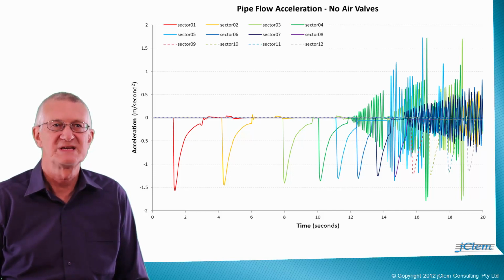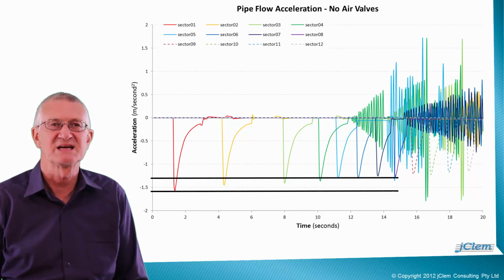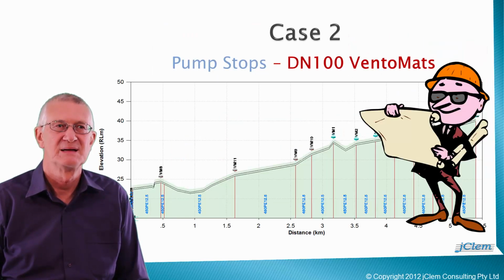What we observe from this graph is, as the initial pressure wave arrives at successive midpoints, here, here, and here, for example, there is a sharp deceleration of the fluid in the order of 1.6 to 1.3 meters per second squared. After 12 seconds, vaporization and fluid column recombination allow a whole sequence of more rapid and less controlled fluid accelerations. We engineers lost control at the 12-second mark. Let's move on